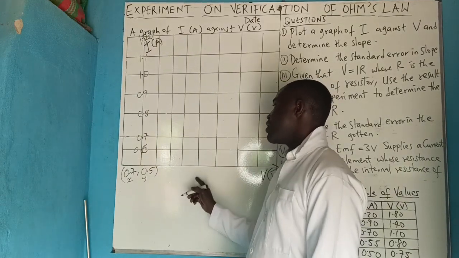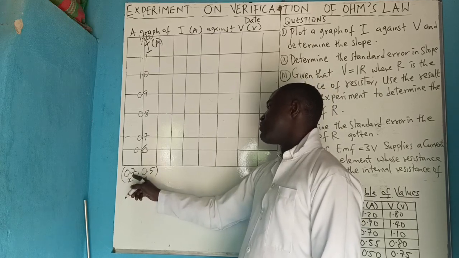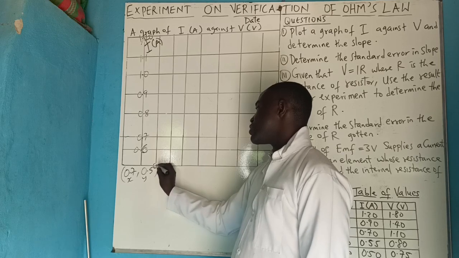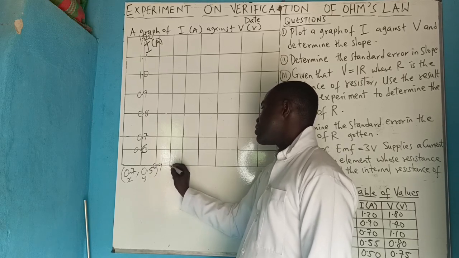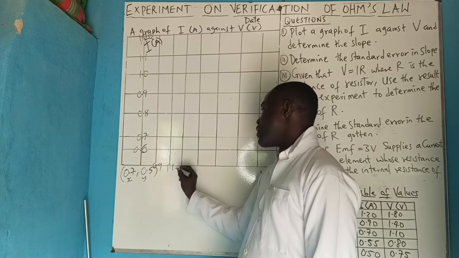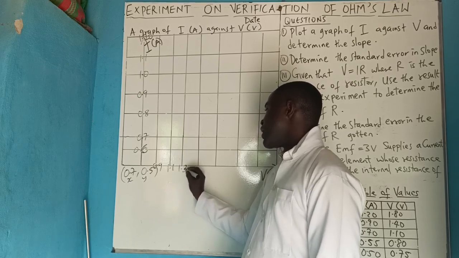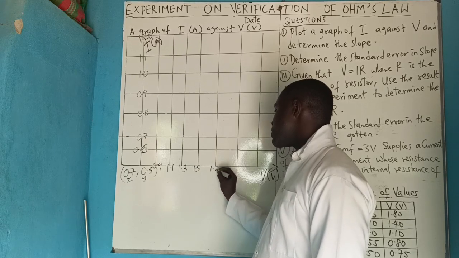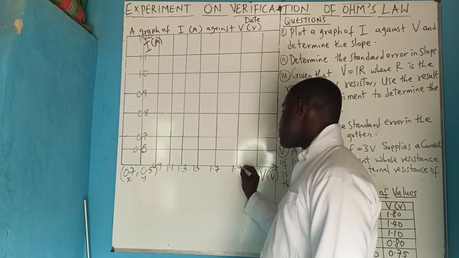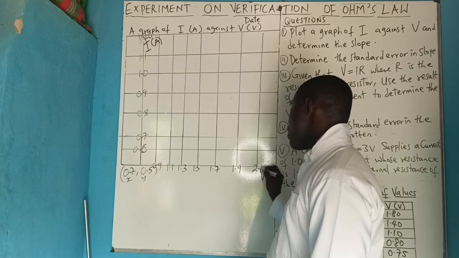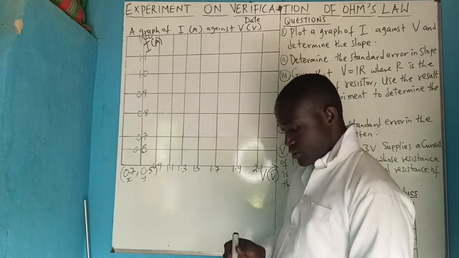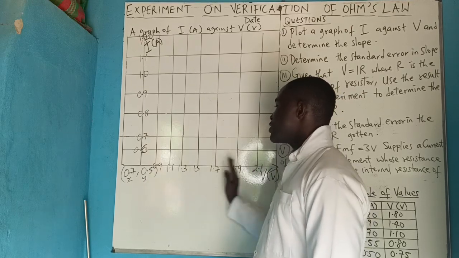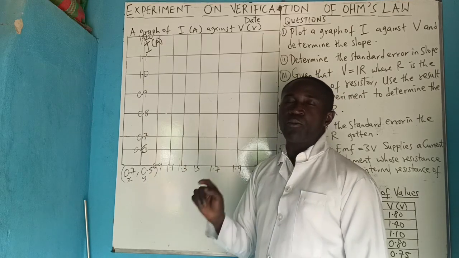Then for here I'll be using 0.7, 0.9, 1.1, 1.3, 1.5, 1.7, 1.9 and 2.1. Then that means I'm using 2 centimeter for horizontal, 2 centimeter for 0.2